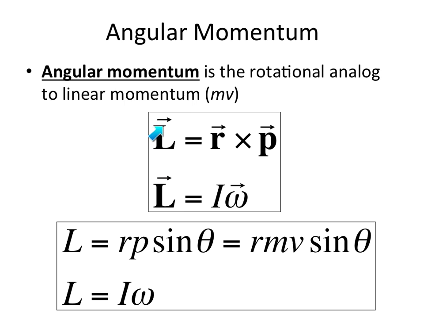But do note that it has a vector arrow over the top, as it is the cross product of the radius vector and the linear momentum vector. So remember, linear momentum, this is like saying radius times mass times velocity right here. So how do you take a linear momentum and turn it into a rotational momentum? Well, think of it like this: there's going to be a problem, maybe not in this segment but a little bit later,